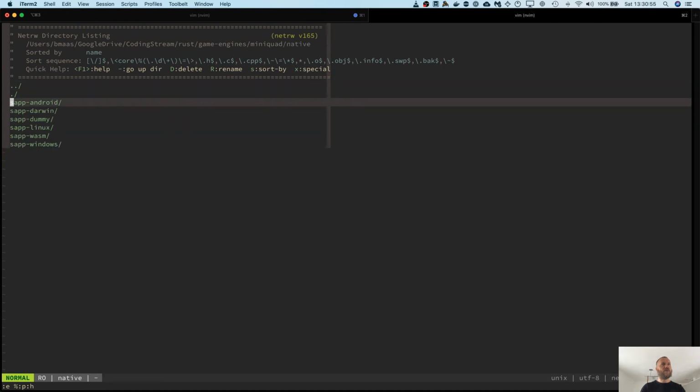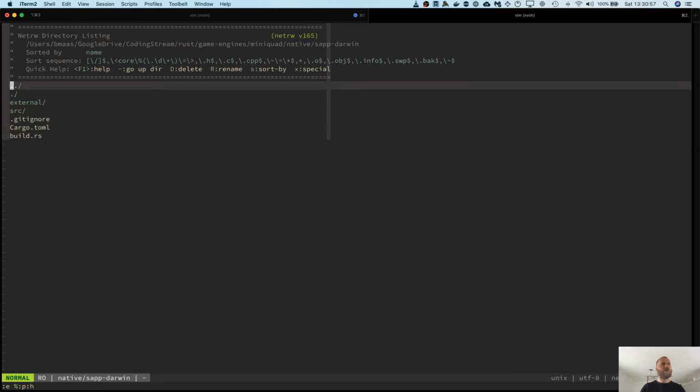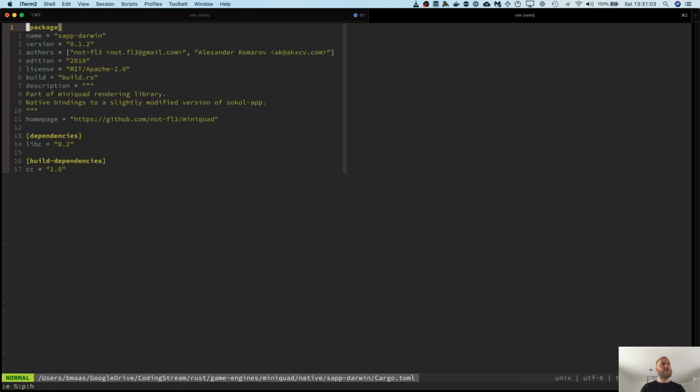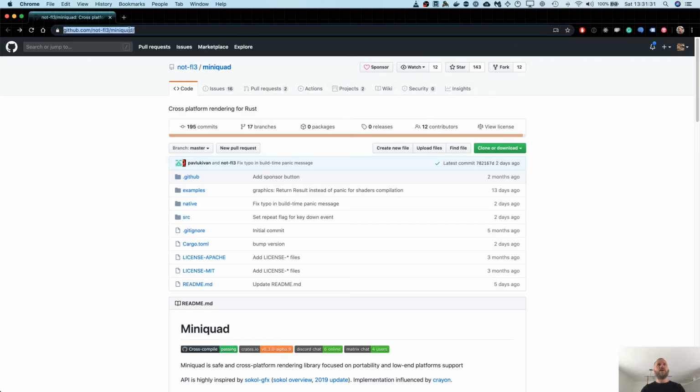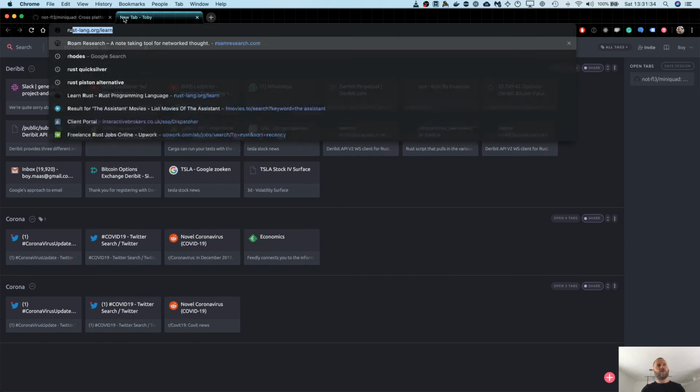So we have native, and for example, let's look at Sokol Darwin. And we see another Cargo file which uses the Sokol app. Exactly. So now we have here a separate package called Sokol Darwin, and it's on libc and it's built on CC. It's interesting. I encountered this CC dependency earlier. I wanted to look at it. So Rust CC